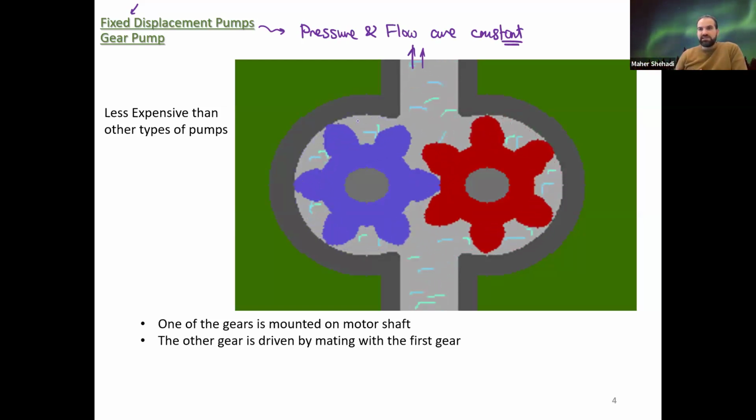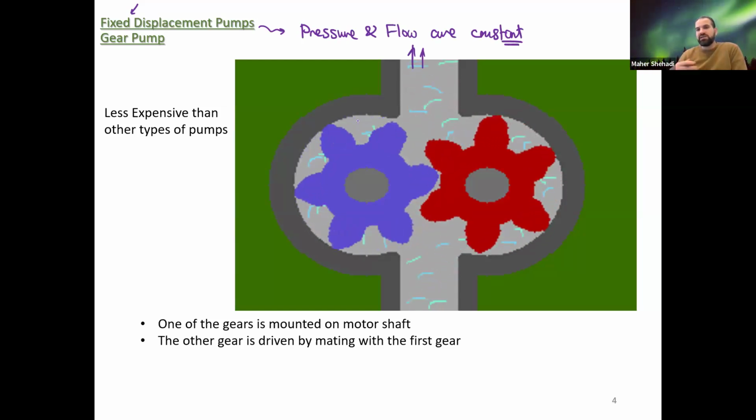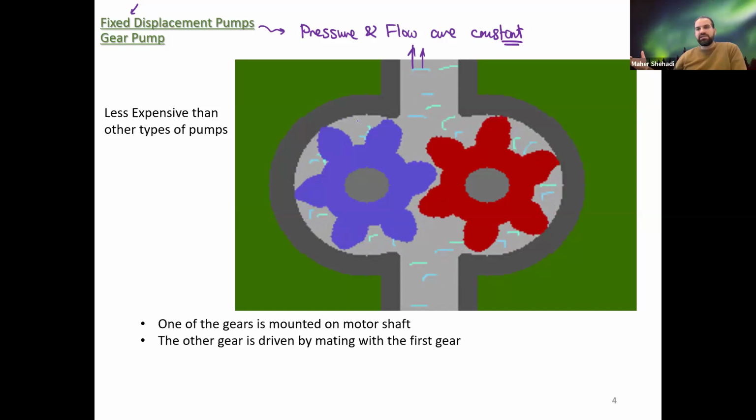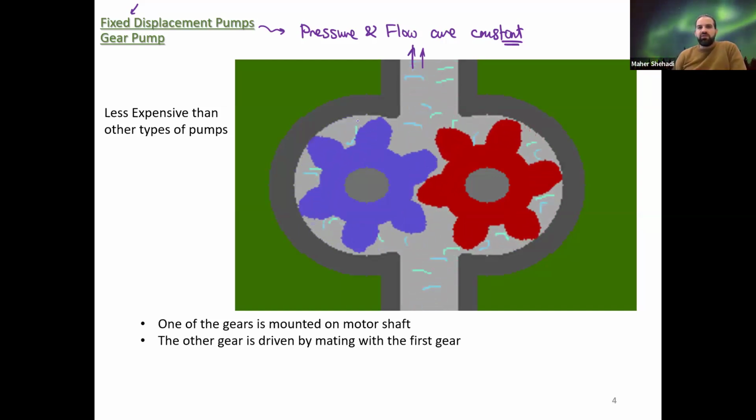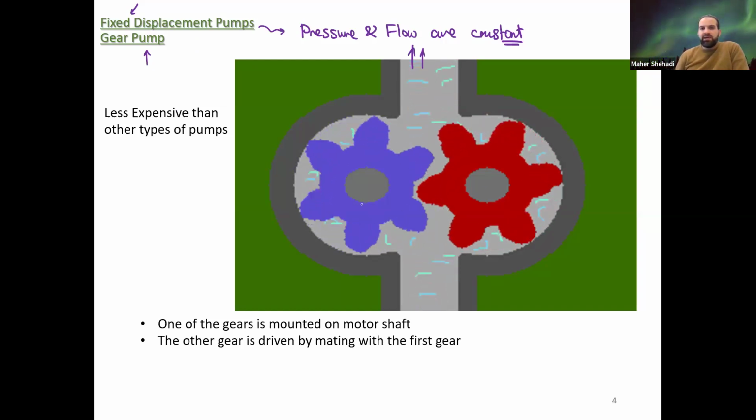We did discuss this in the previous chapter when we were discussing valves. We said when we have fixed displacement pumps and I want to control the flow, it's that example where we had a pump and a motor, and we needed to control the speed of the motor. So we had to provide a needle valve to control the flow. So that's what we mean by fixed. The first example we want to discuss is the gear pump. From its name, it's made up of two gears. One is connected through